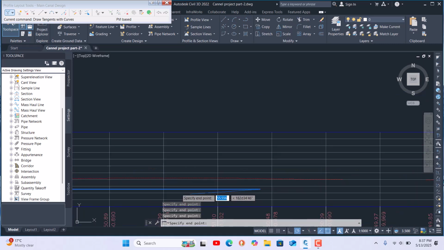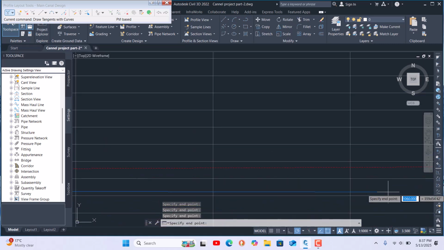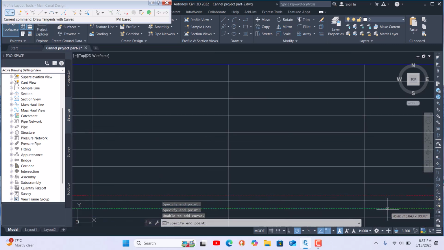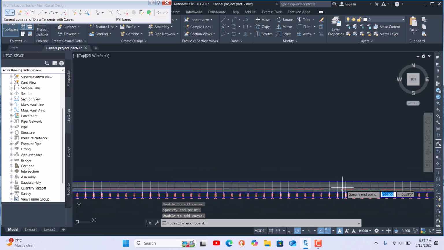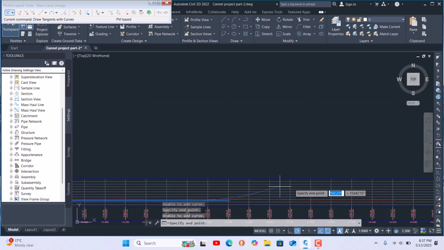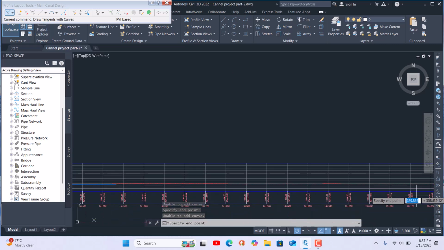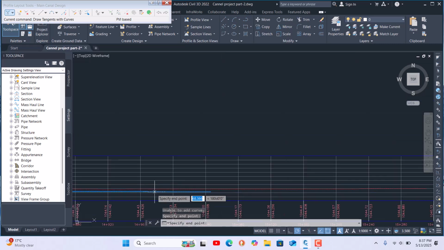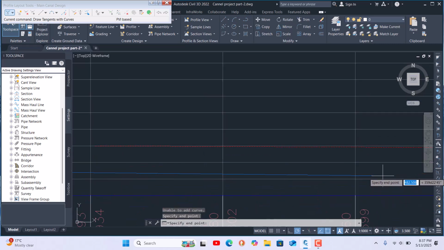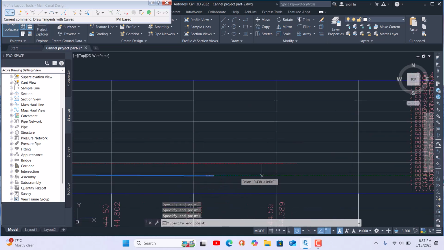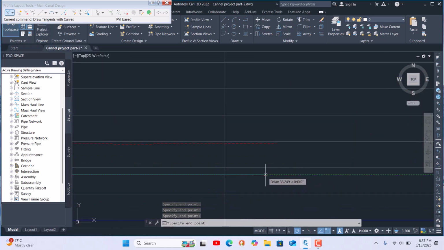I'm creating the sampling here. I'm doing it fast, okay. Then I do it like that. It's very long, 15 kilometers, no, 16 kilometers, 15.7 kilometers. Then I create here, and then I create here, okay. Then I stop here, then press enter.